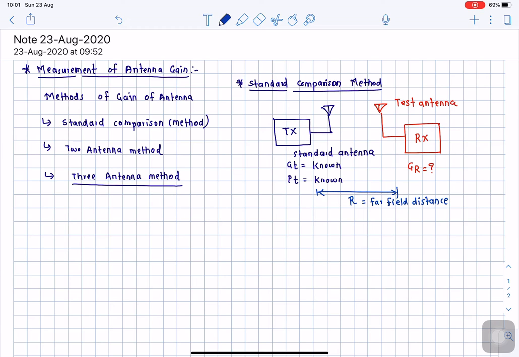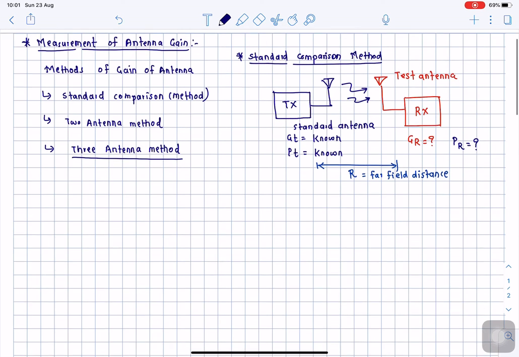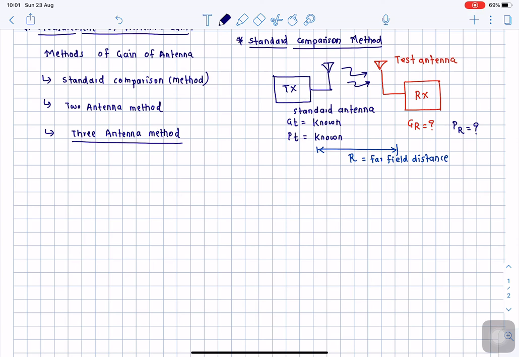We will feed the known amount of power to the standard antenna, and the standard antenna will radiate. The radiations of the standard antenna are received by the test antenna, which is kept in the far field radiation zone of the standard antenna. And here at the end terminal we are going to measure the received power. The received power, the transmitted power, and the gain of the standard antenna with the gain of the test antenna are interlinked with a certain standard equation, where the gain of the receiving antenna is directly written in dB